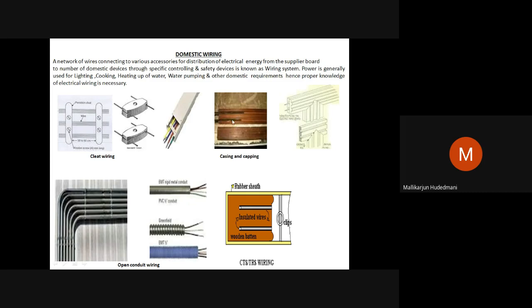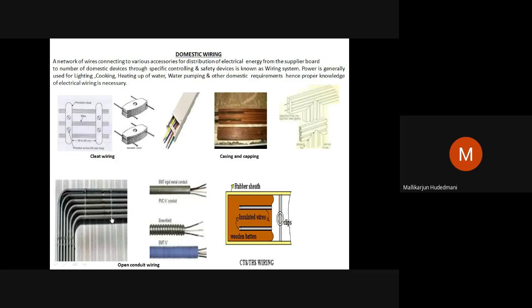On that, grooves are made for the conductor, and it is polished and put with the cap. It is called wooden batten casing and capping, or it may be plastic or PVC casing and capping, or it may be open cleats. The conductor will run, and these clamps will grip it on the wall, or it may be surface conduit. These kinds of conduits, white, black or colored tubes, run all along the ceiling or a wall, openly visible, mounted by systematic gripping of screws or clamps. That is called open surface conduit.